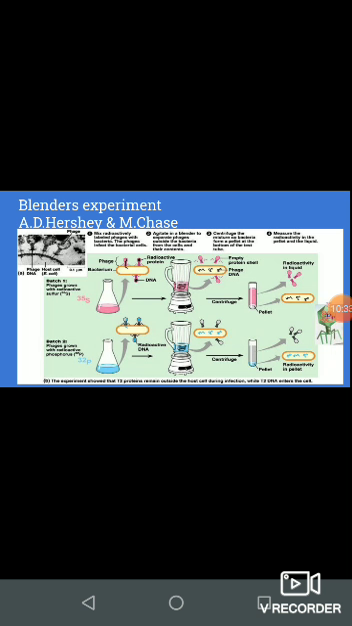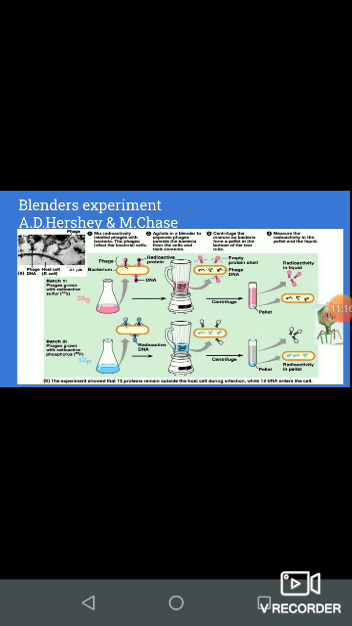They have treated them with different types of isotopes. The one is radioactive phosphorus, and the second one is radioactive sulfur. The sulfur is called sulfur 35, and in the case of phosphorus, it is called phosphorus 32. So here the sulfur 35 is used to label the proteins, and the phosphorus 32